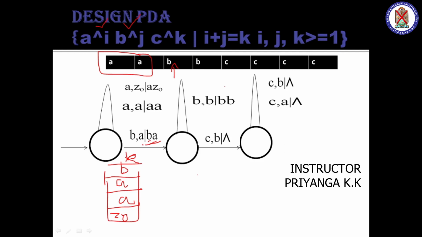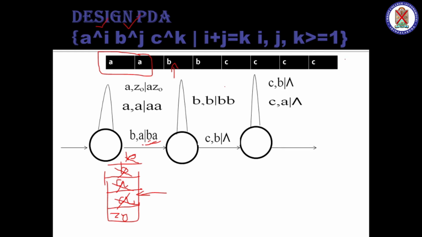That's okay. So next B comes, it is made null. Next A comes, it is made null. Next, A is in the stack and C comes on the tape, that is made null. So here there are 4 C's and the sum of A and B is 4, so it will be correctly matched. Next, null will be coming. So if null comes, the stack top is Z0, make it null, and I am accepting it.